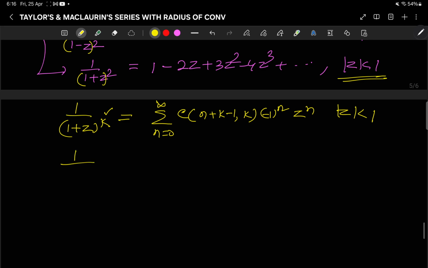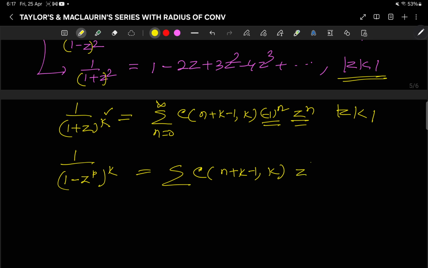Now similarly, suppose I have 1 minus z to the power p whole to the power k. Then, because it is minus, there is no minus 1 to the power n. It is combination of n plus k minus 1 choose k, with z replaced by simply z to the power p, whole to the power n, with mod z